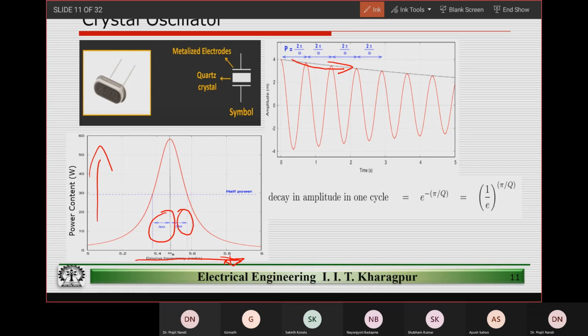So, any answers, guys? What should the delta omega look like? I mean, should it be high or should it be low? Nayan? It's small. Yes, the low, correct. Because the delta omega should be low because